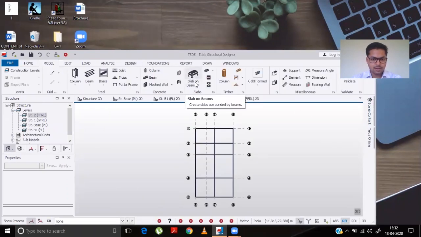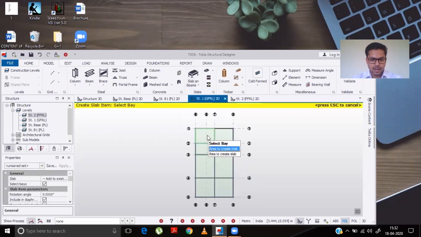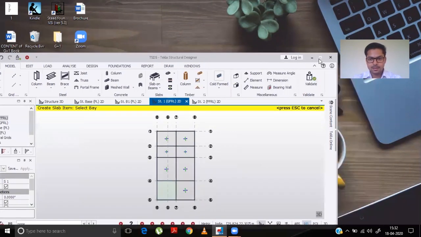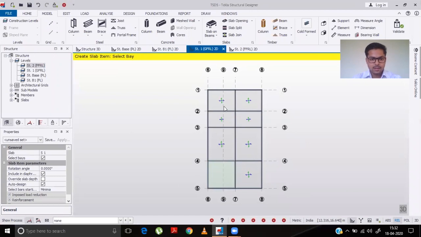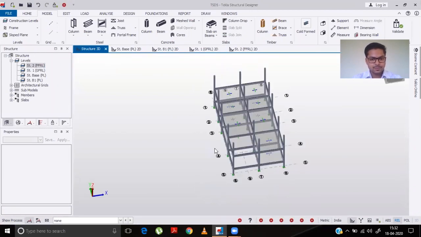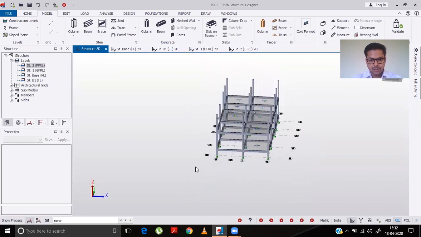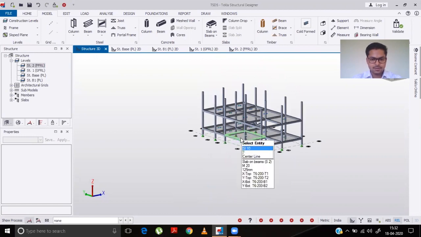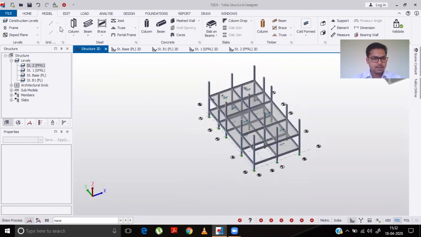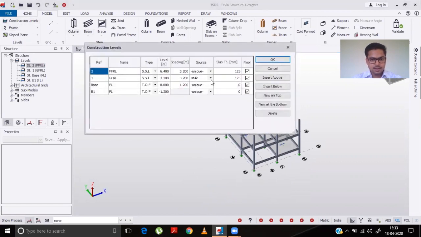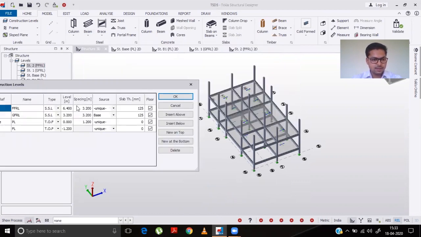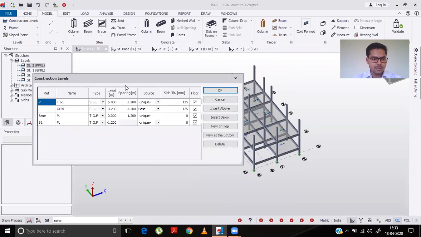So we will choose slab on beams and we will assign our slabs quickly. Now we will have a 3D view. See, we have done a mistake here. We haven't changed the source. So whatever changes we are making in the ground floor roof level, the same changes are being made in plinth level. So first of all,